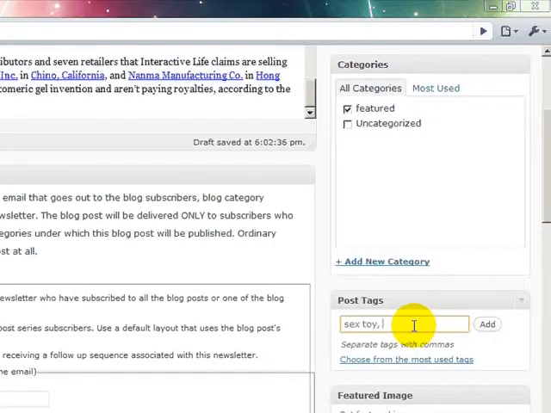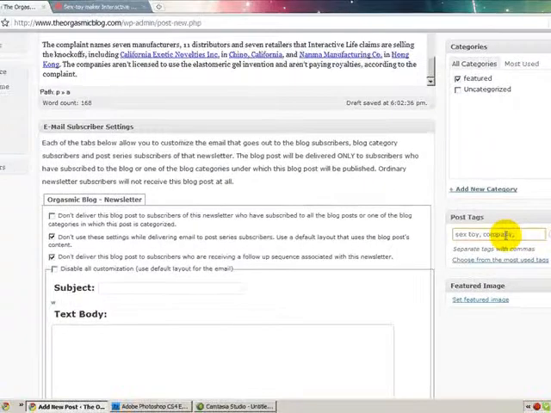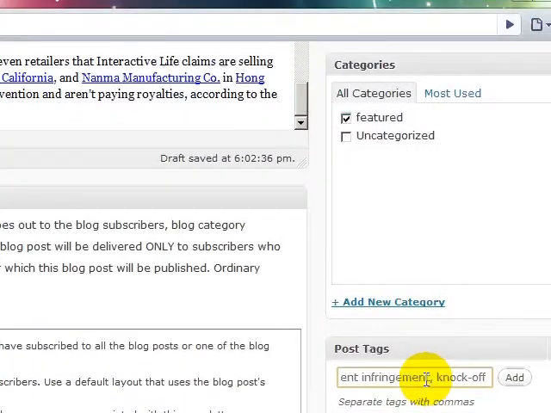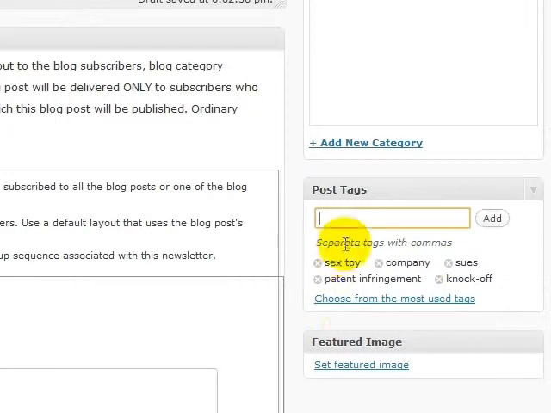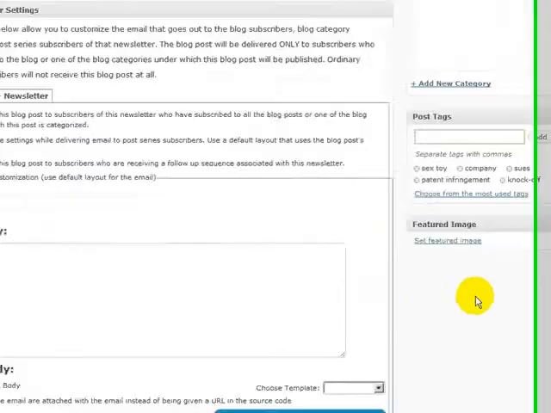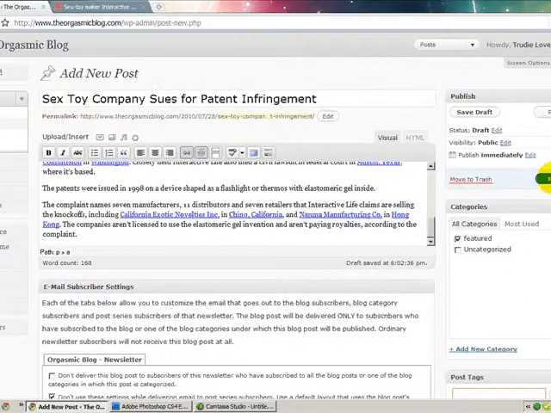Each tag should be followed by a comma just so it knows that the next thing you type is another tag. So sex toy, comma, company, comma, sues, patent infringement, comma, knock off, and just click add, and they will be here. So that's about everything. And if you just click publish,